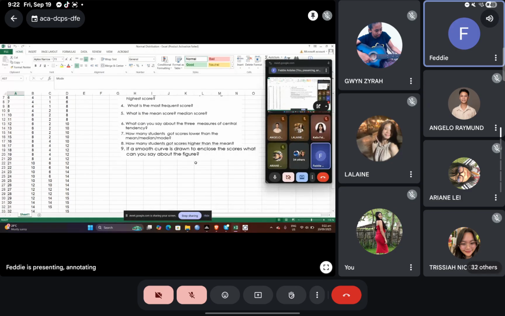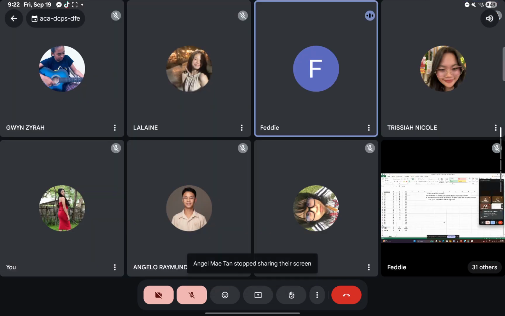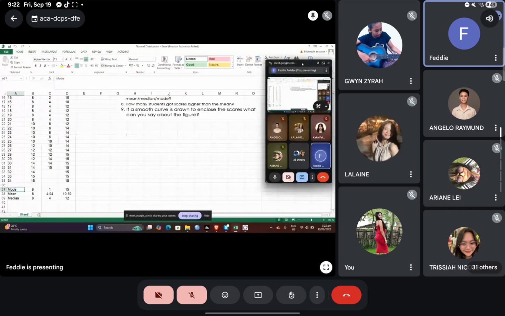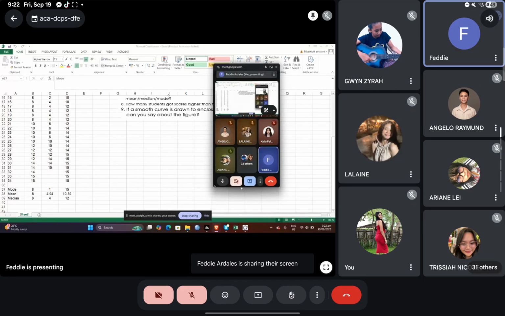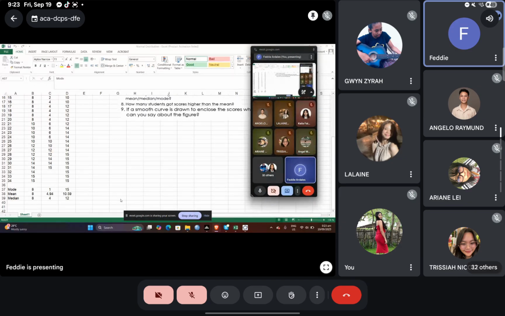Now, I guess I have shown you the mean score and the median score. So what can you say about the measures of central tendency given this data here? Okay. What can you say about these measures of central tendency? Anyone? So group 1, group 2, group 3. How would you describe these measures of central tendency given the mean, the median, the mode?